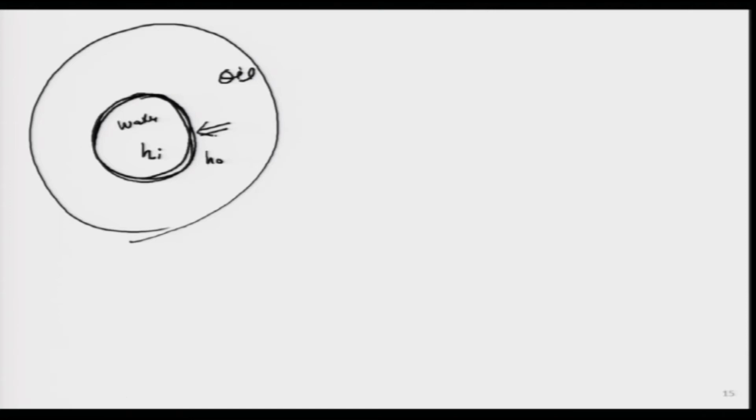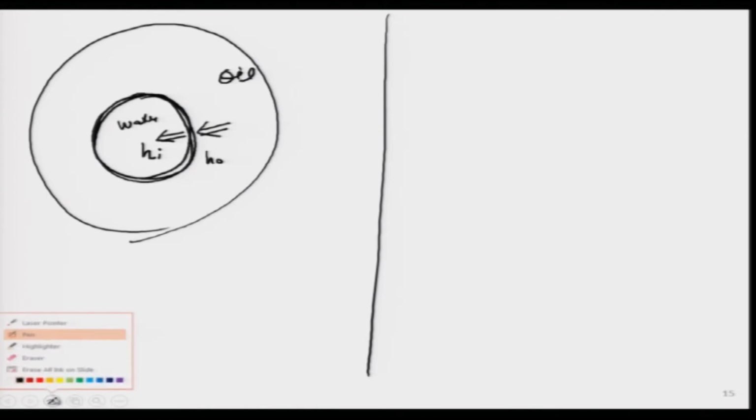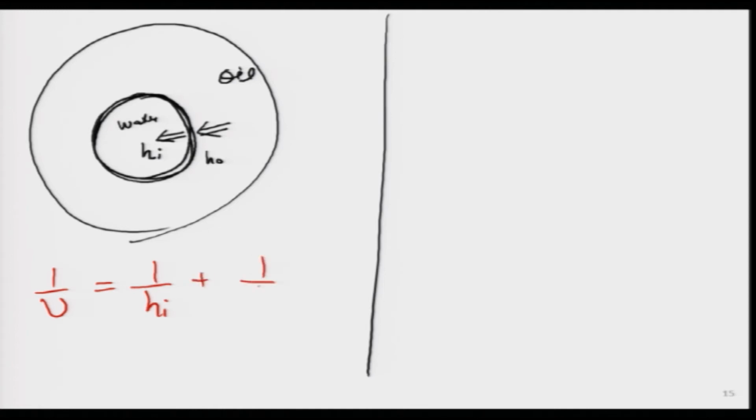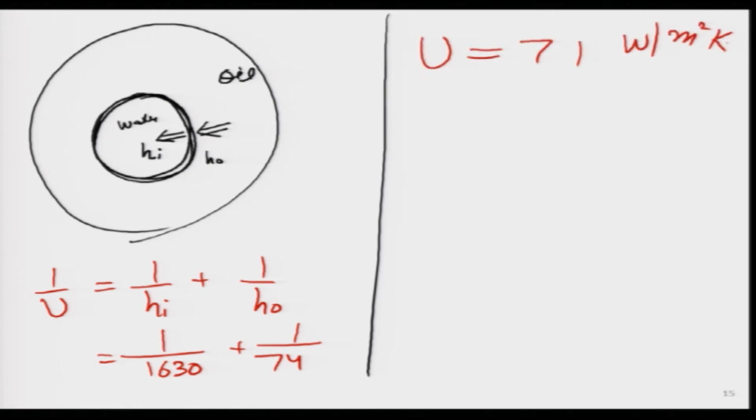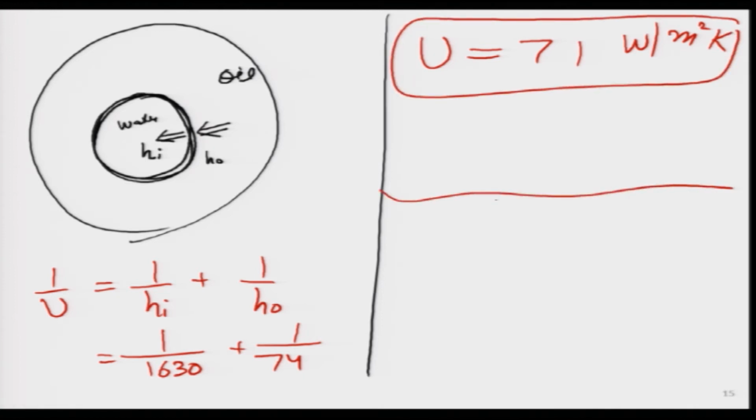Heat is going, convective heat is going from the oil to the copper surface and from the copper surface to the water flowing inside it. So, this is the value of H I and H naught graphically speaking, and once we have both the values, I can convert it into the overall heat transfer coefficient. So, it will just turn out to be the reciprocal sum of these two values. So, if I have a calculator, I can calculate it and it turns out to be about 71 watts per meter square Kelvin. So, this thing I have just done for illustration purposes, but I think 2 or 3 very good things have come out from here.